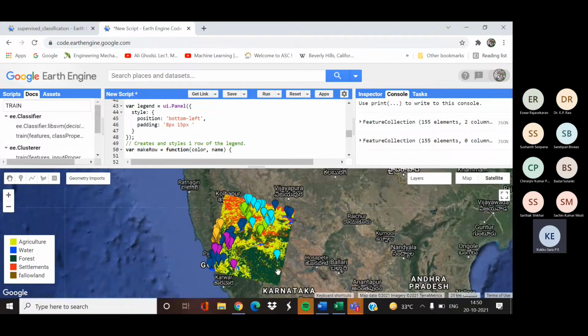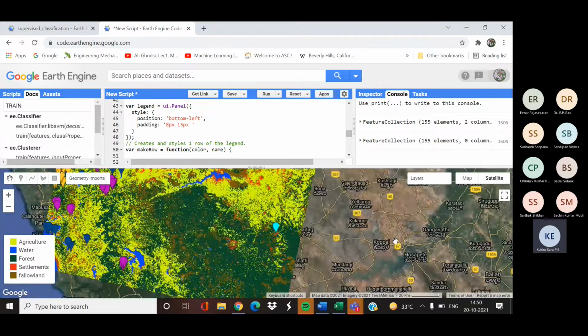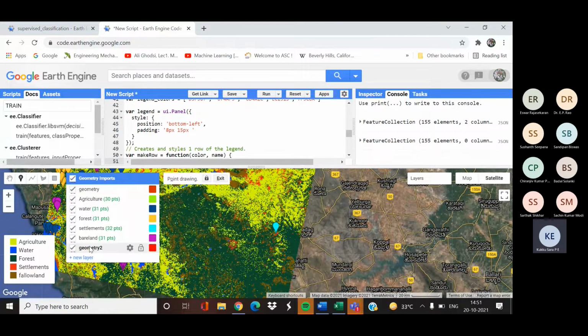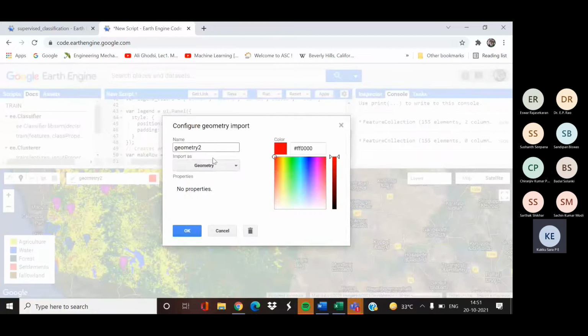Since we don't have any ground data, based on the satellite imagery behind, we will create some ground validation points for calculating the accuracy of our classified image. It is the same as how we collected the training points in the beginning. Now we will collect the validation points for each class. First we will collect the validation point for the agriculture class. We just name it as V agriculture, which represents the validation point for agriculture.